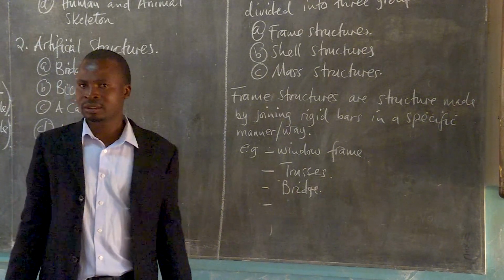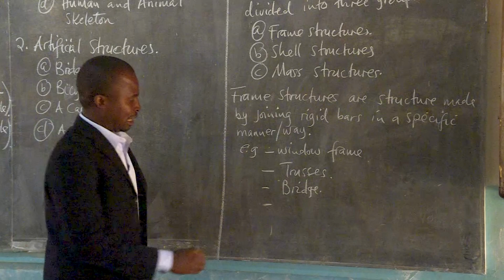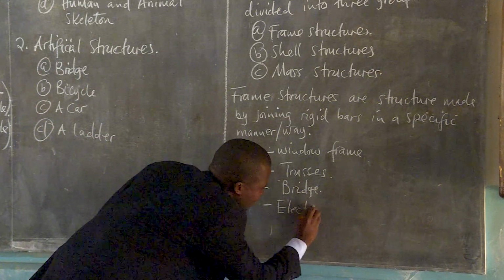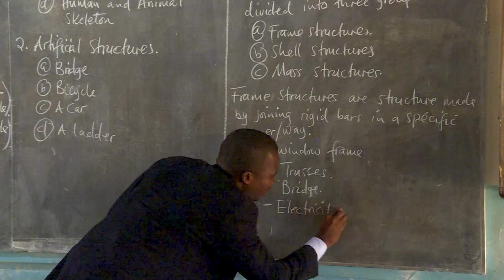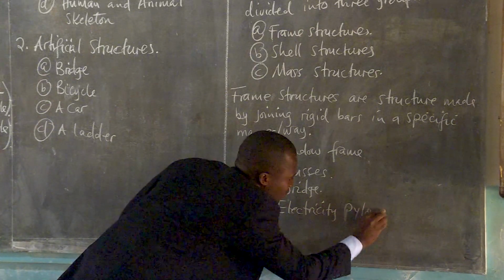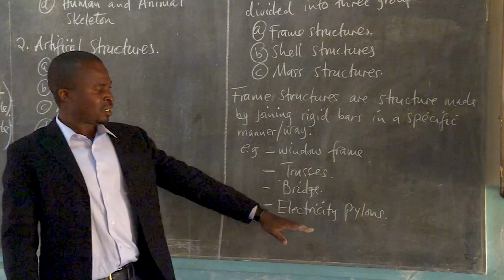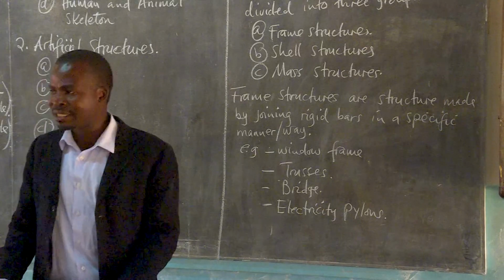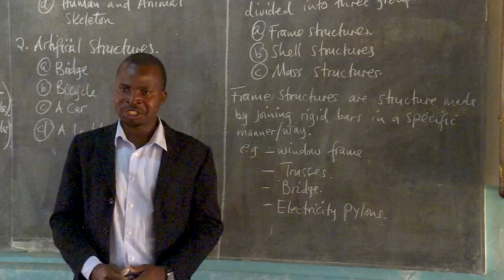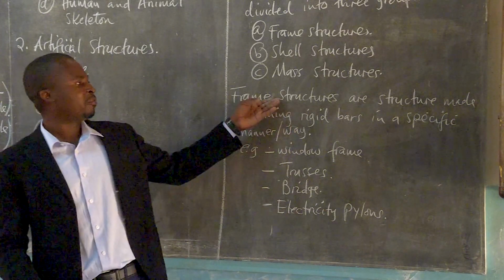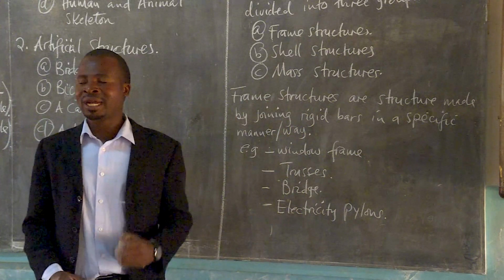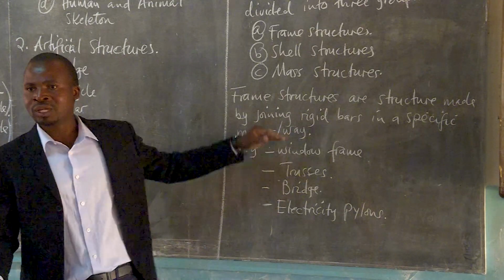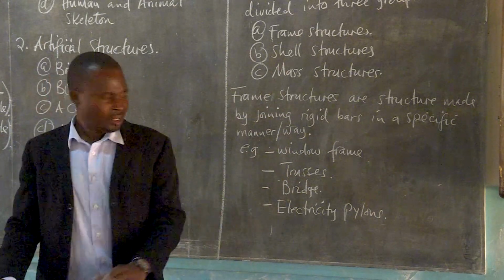Dumisa. Electricity pylons, they are also made by joining rigid bars together. And when you join rigid bars together, you are making a frame structure. Whatever structure that you are making when joining rigid bars together, that structure is known as what? Frame structure. The last one,